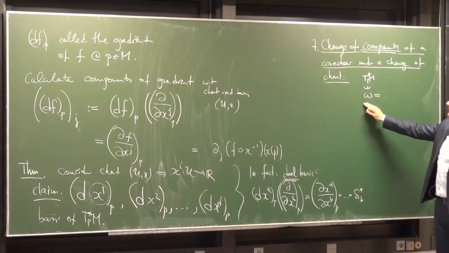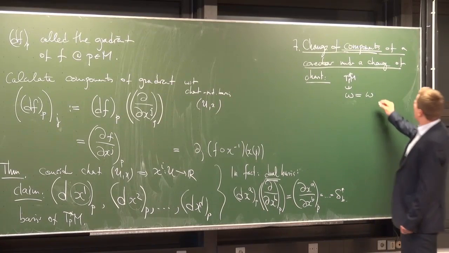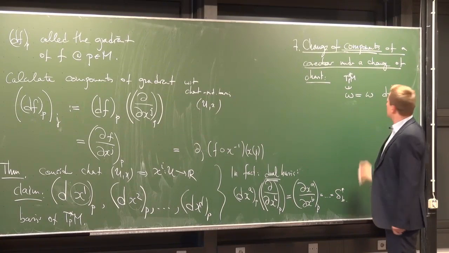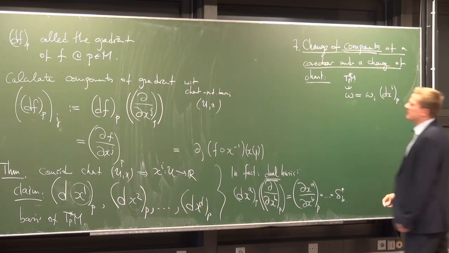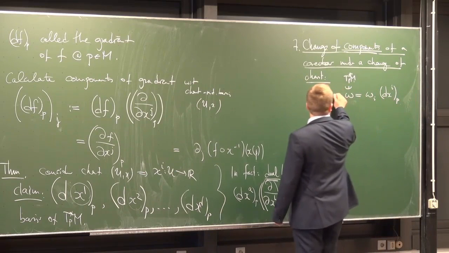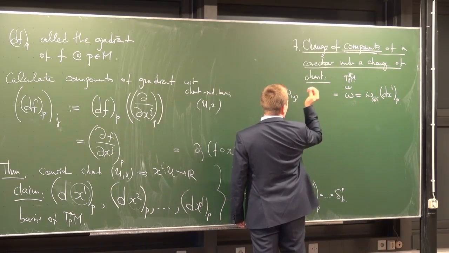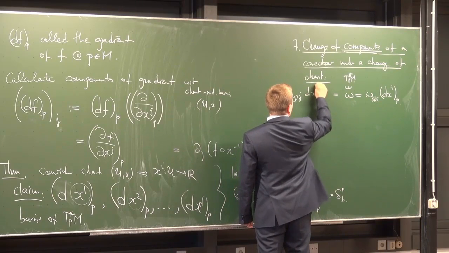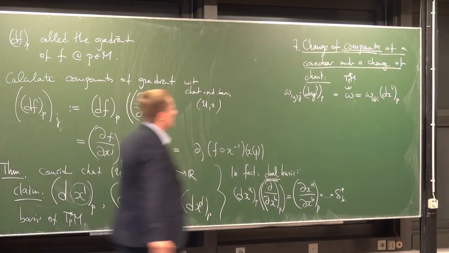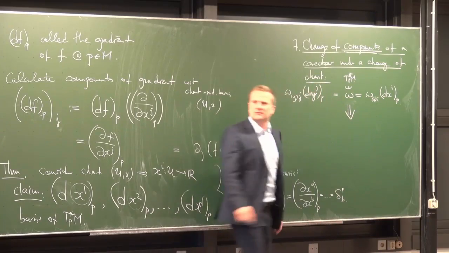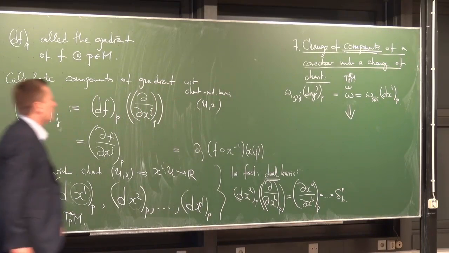Now, how do the components of a covector, which is an abstract object with physical reality, we would say as a physicist, you can expand in terms of the dx^i's at a point p, if this is an element in the cotangent space, and we label the components like this, of course, it's a covector, with respect to the x chart, and here with respect to the y chart, we may label them like this and expand in the y dual basis. Now you go through the same motions as we did before for the vector. You express this in terms of the other, you use again the multidimensional chain rule, and what you arrive at